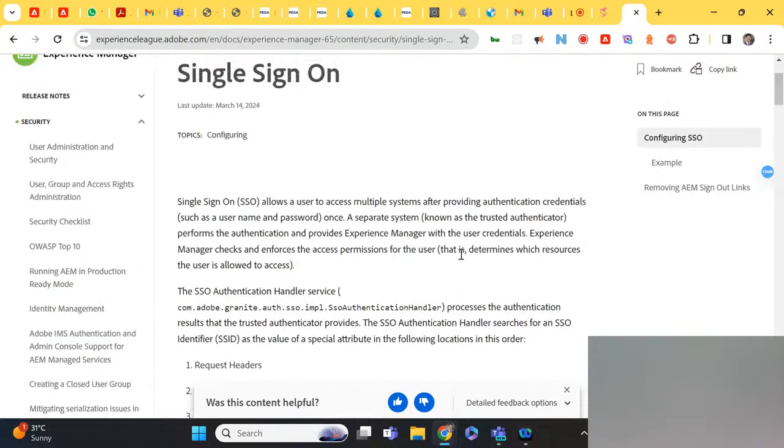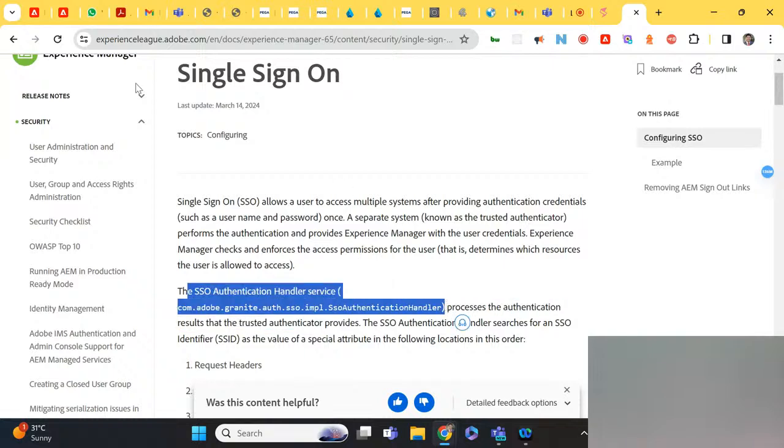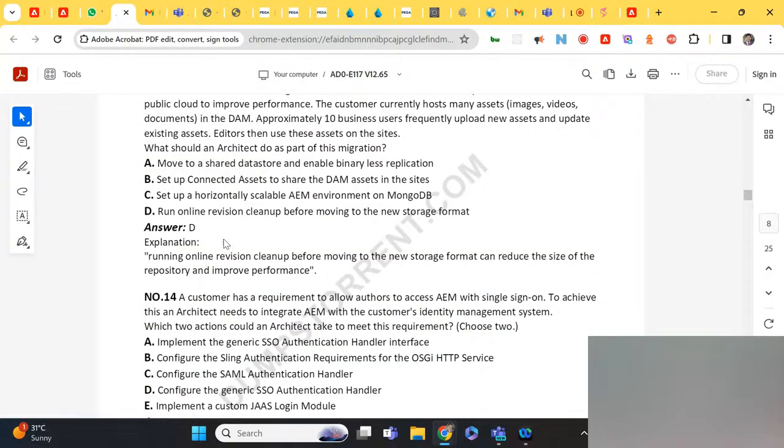For configuring SSO, the SSO authentication handler service is what we implement, and that is what they're actually saying for single sign-on. So implement the generic SSO authentication handler, and then configure the generic SSO authentication handler. So we need to implement and configure it.